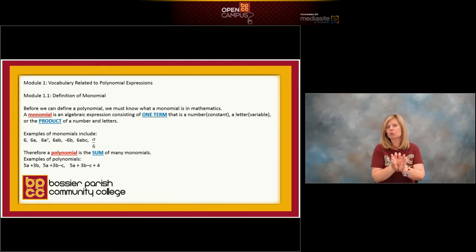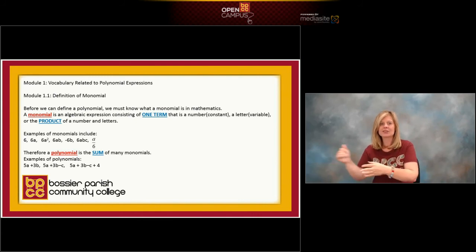Therefore, if a monomial is one term, poly is the prefix that means many. So a polynomial must be many monomials. And the way you show many monomials is you connect them by addition and subtraction. So example of some polynomials are 5a plus 3b. See the plus sign? That's separating the terms. So 5a is 5 apples. 3b is 3 bananas. So when I read that expression, 5a plus 3b, then I hear 2 thoughts, 5 apples